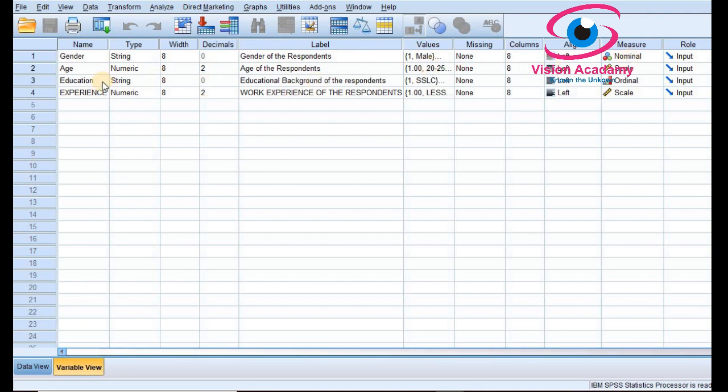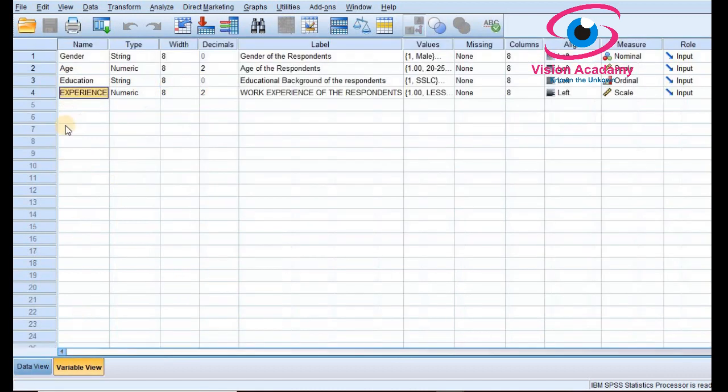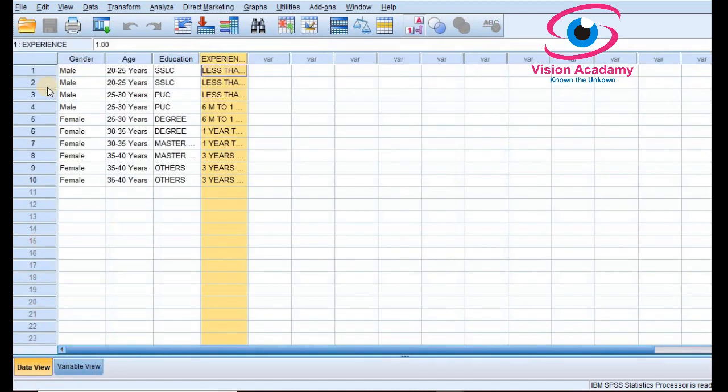After following all the procedure, go to the data view. The variables you entered, such as gender, age, education, experience, are appearing in this format, that you entered as a name. For that you should enter responses from the given respondents.